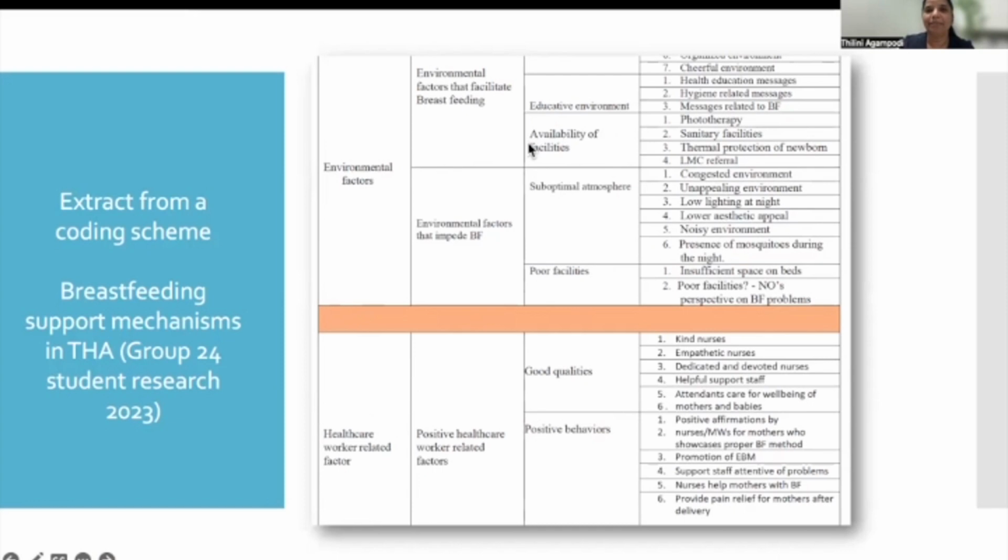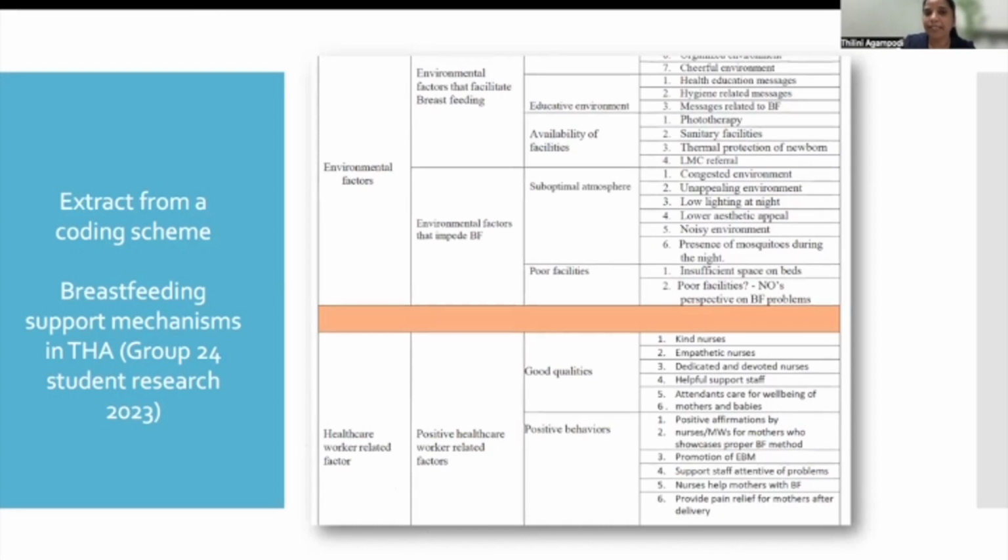And when you combine all these sub-themes together, you can formulate the major theme, supportive or non-supportive environmental factors, right? Then there are healthcare worker related factors, right? So first you go through the data and code the data. You don't think about the major themes first. When you code the data, you get to know, your mind works, right? Okay, there are